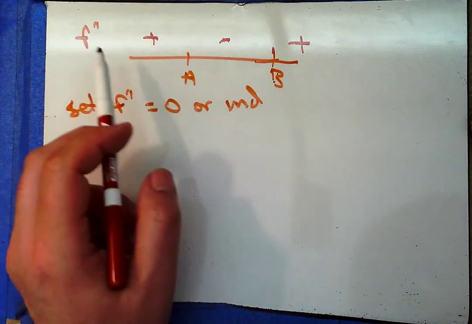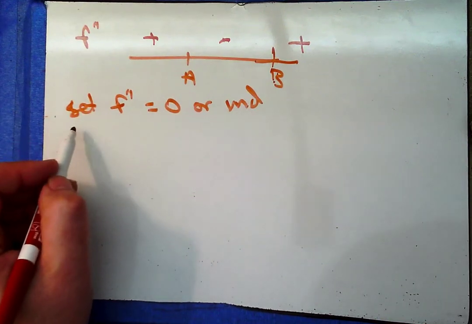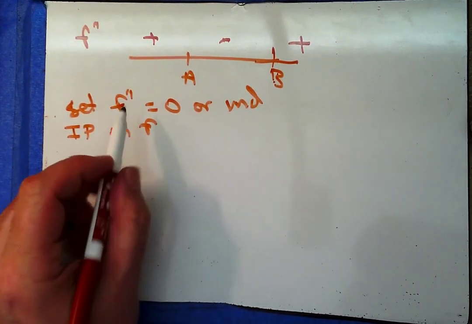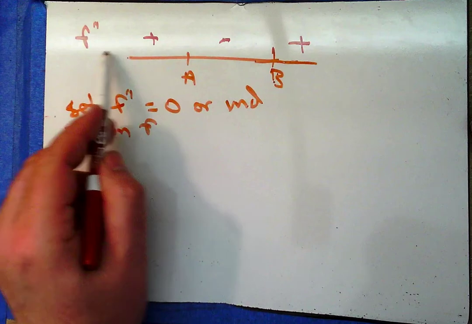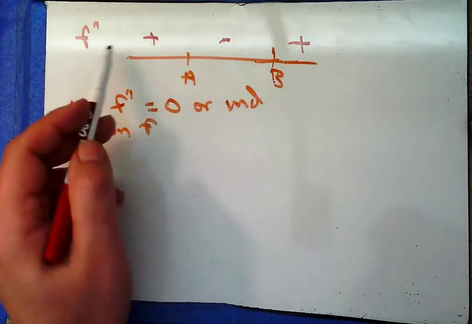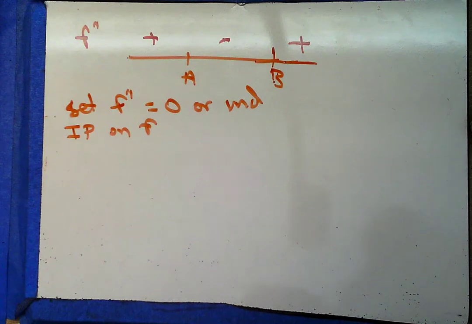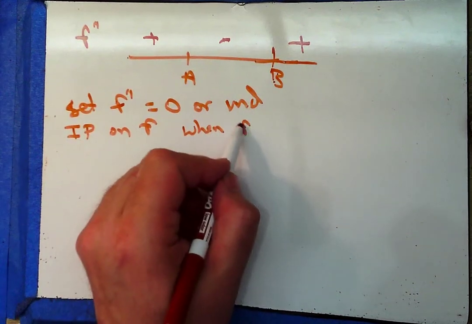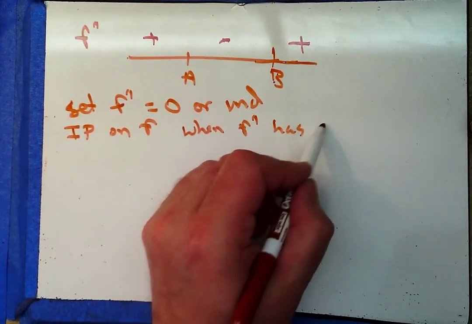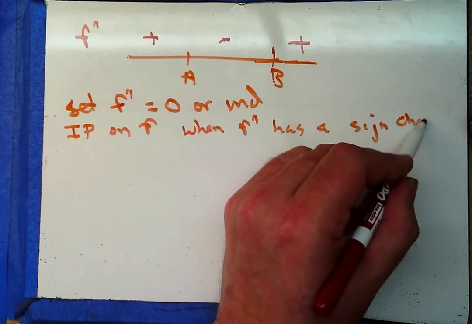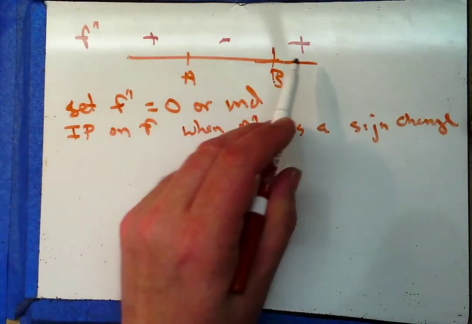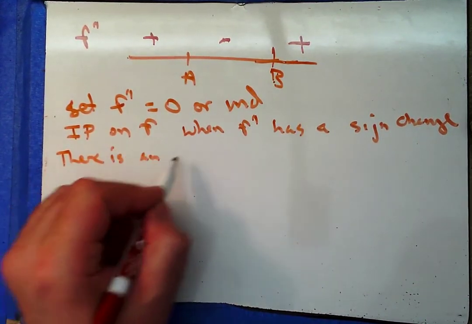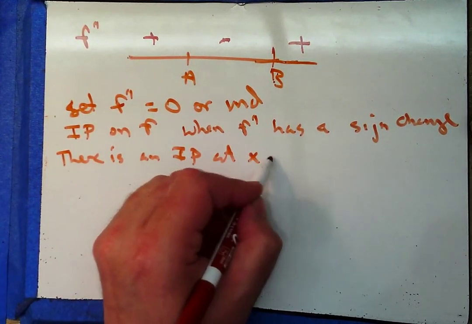Remember, here the second derivative test is usually used to find inflection points on f. But inflection points can't occur at endpoints, so unlike the first derivative test, where I'm going to check endpoints as well, I don't need to check endpoints here for inflection points. I do want to say there are inflection points on f when f double prime has a sign change. And I see a sign change at A and a sign change at B, and so I could say there is an inflection point at x equals A